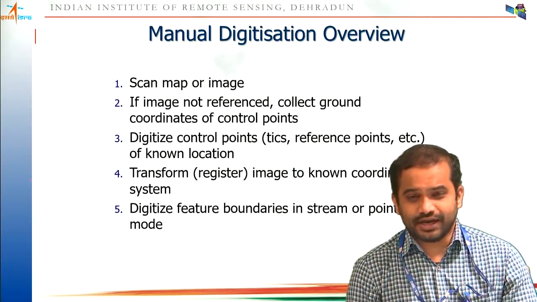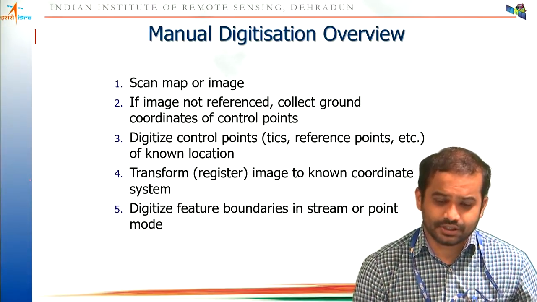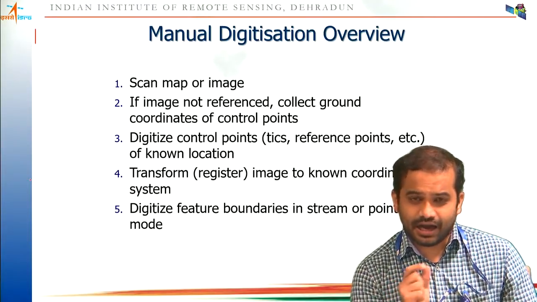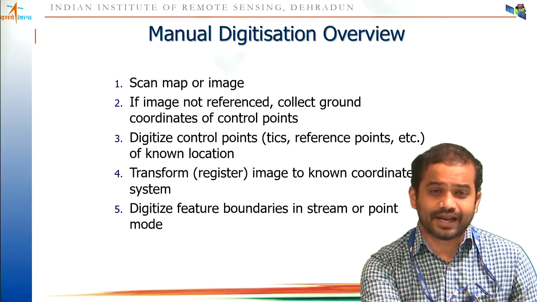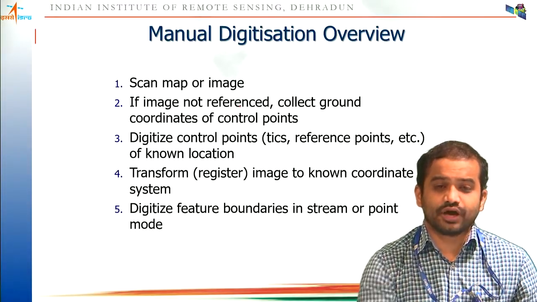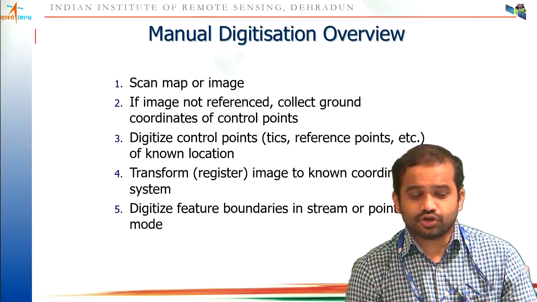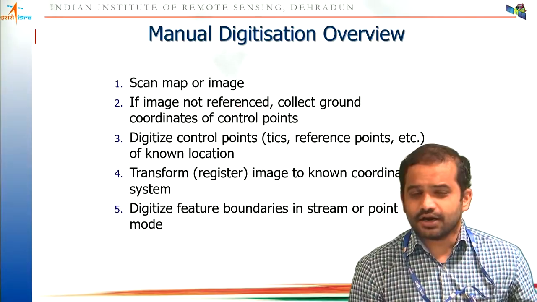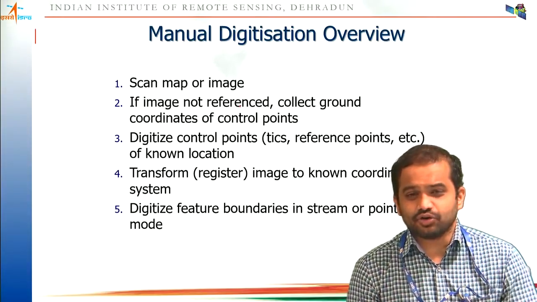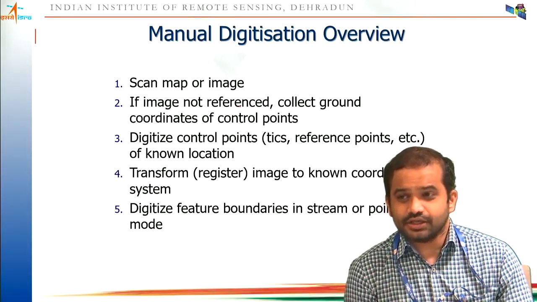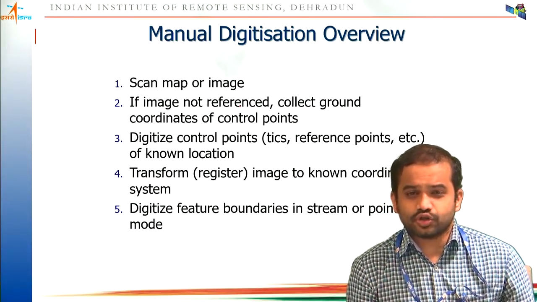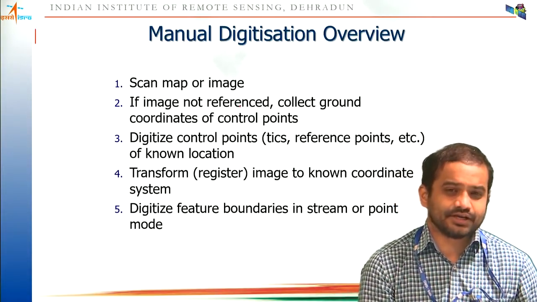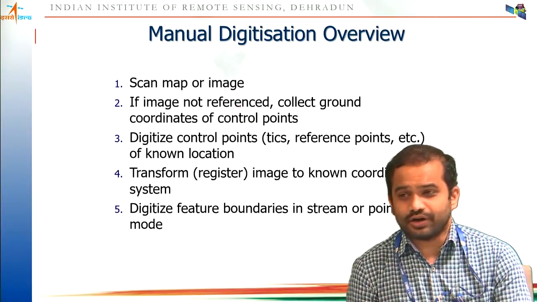These ground coordinates you need to collect, because now we have two sets of coordinates. One is the map image coordinate, which is basically numbers, and the other is the ground coordinate which you collect from the ground. So now we have set up, say, 4 or 6 or 10 points where on one side we have the ground coordinates and on the other side the image coordinates. Because we have these two, I can create a matrix transformation, a function which translates from the image coordinates to the ground coordinates.